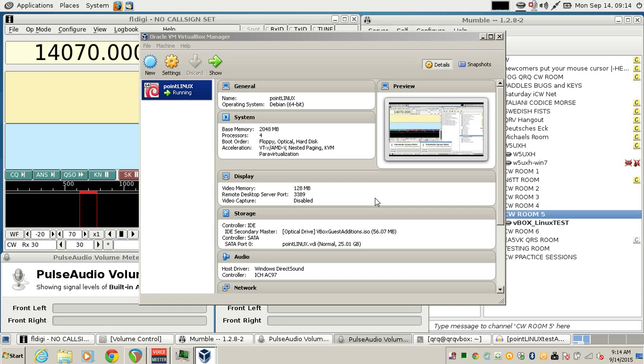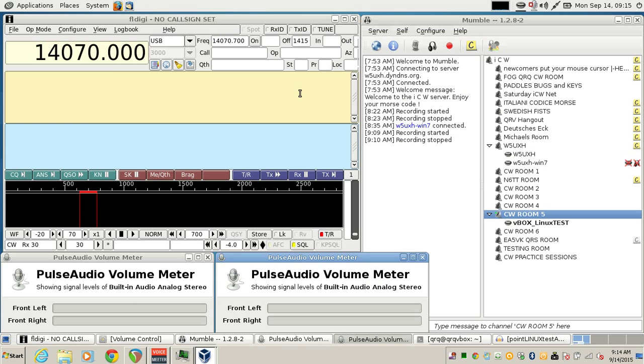This video will demonstrate how to use VirtualBox on Windows 7 64-bit. I'm running a version of Linux called Point Linux. And once we've done all this and get everything installed, you can download just about everything in Linux that you can on Windows, for the most part, when it comes to the software that we use. So in this example, I'm using FLdigi,